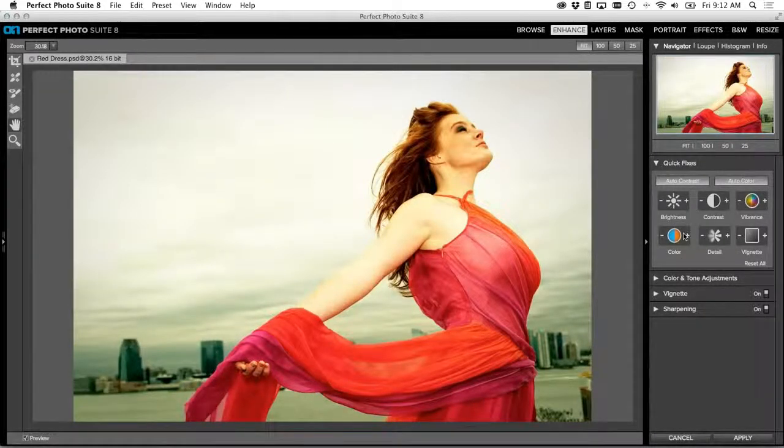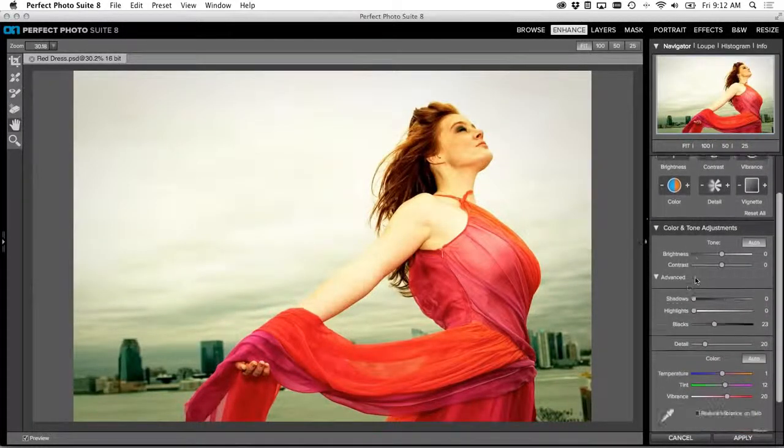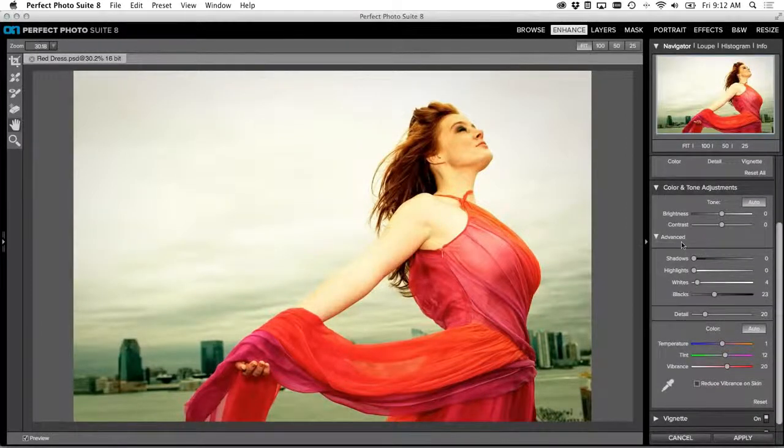You don't have to know anything about all the complicated sliders that you'd see in a more advanced tool. Now, however, for an advanced user, we still give you all those additional controls that you need. Let's walk through some of these panes. First is color and tone adjustments. When I roll that down, you'll see there's controls for brightness and contrast, as well as shadows, highlights, whites, and